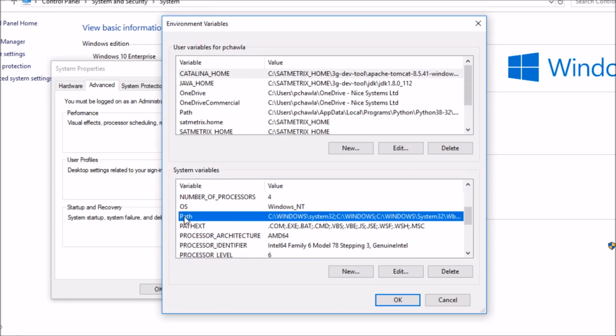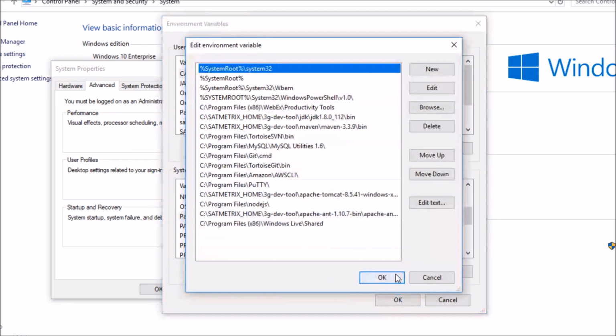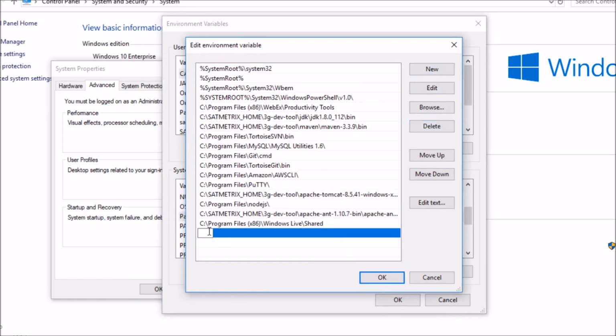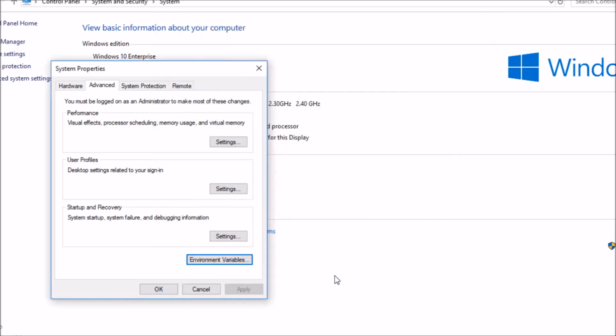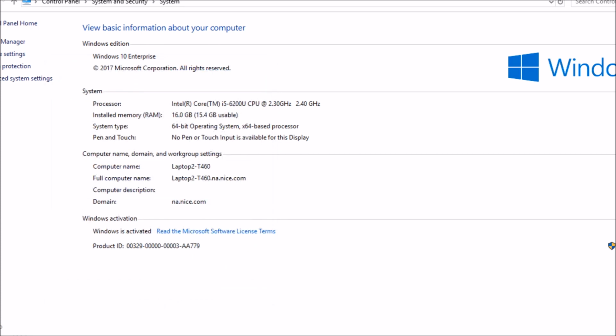So here there is a Path variable. You can edit that path and press on New and simply paste the path until the bin folder. Okay, so simply press OK and it will automatically be saved. Yeah, so now you're good to go.